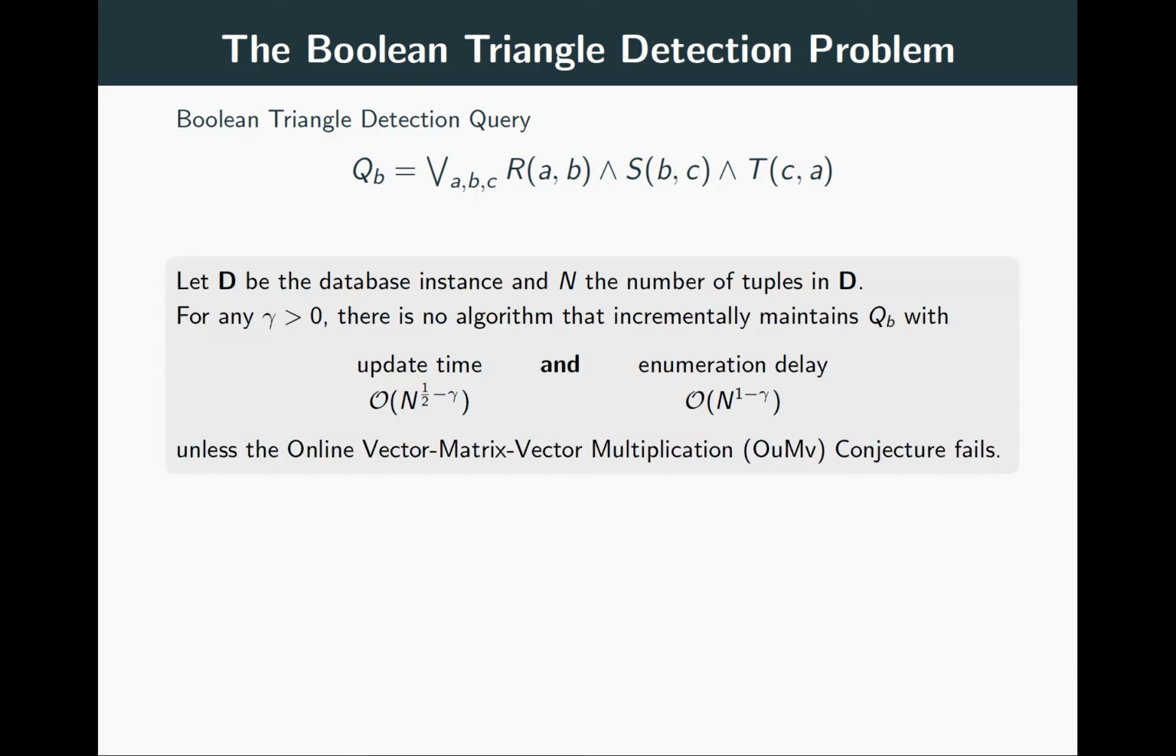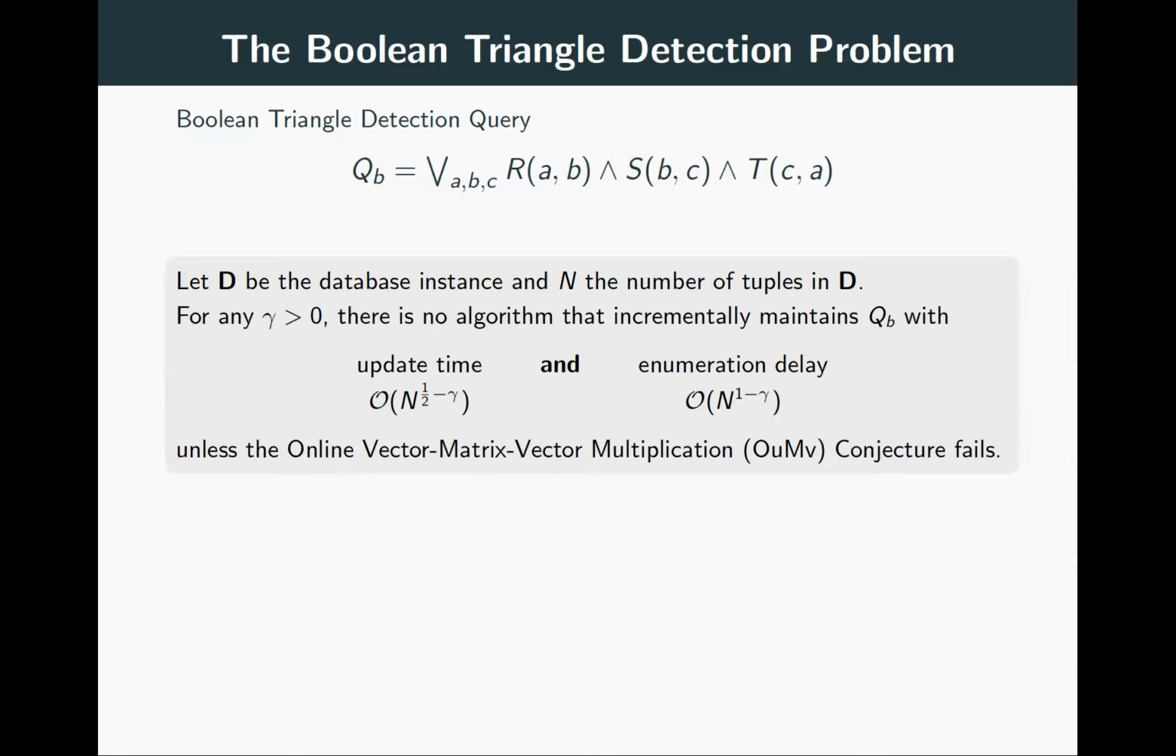So what we can show is this: if we have a database D, representing our factors, and n is the number of tuples in the database, then for any strictly positive gamma, there is no algorithm that incrementally maintains this query with this update time and this enumeration delay. If you were able to come up with such an algorithm, you would actually violate this conjecture called